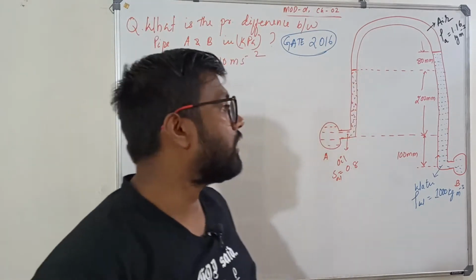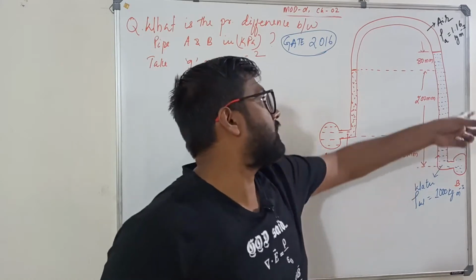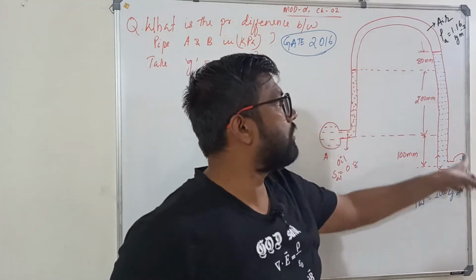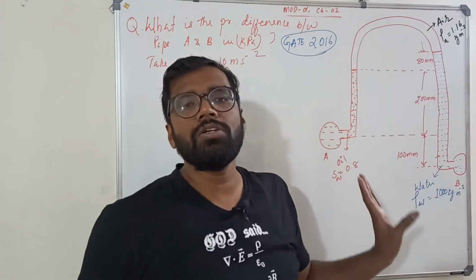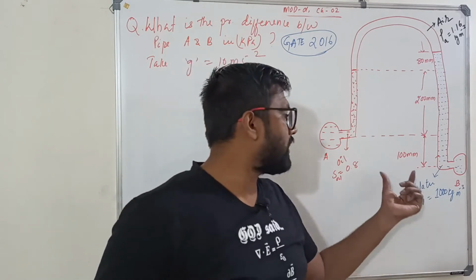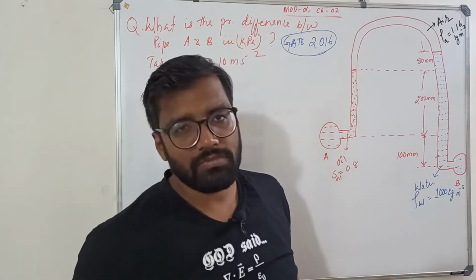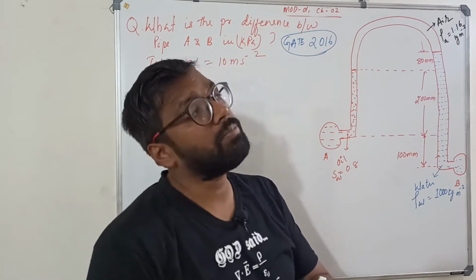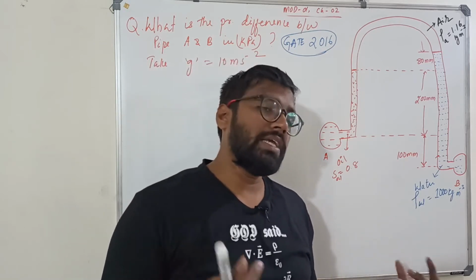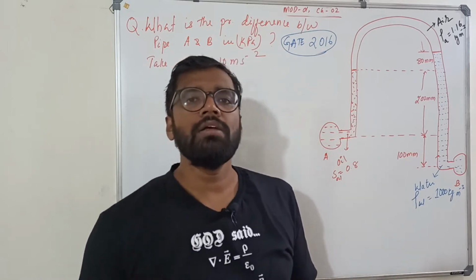Here, because it is differential, the complete U-tube will have some manometric fluid. It's not open to the atmosphere. So directly we will get a gauge pressure from here. The difference will be your gauge pressure. In the previous case, we could get gauge pressure, and